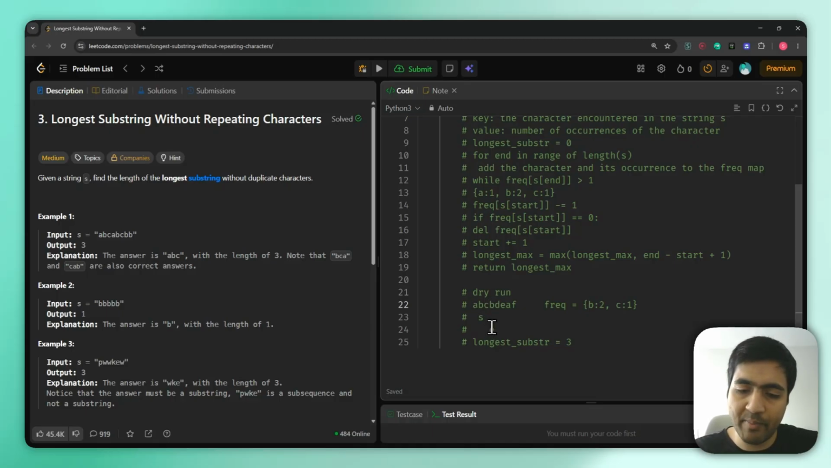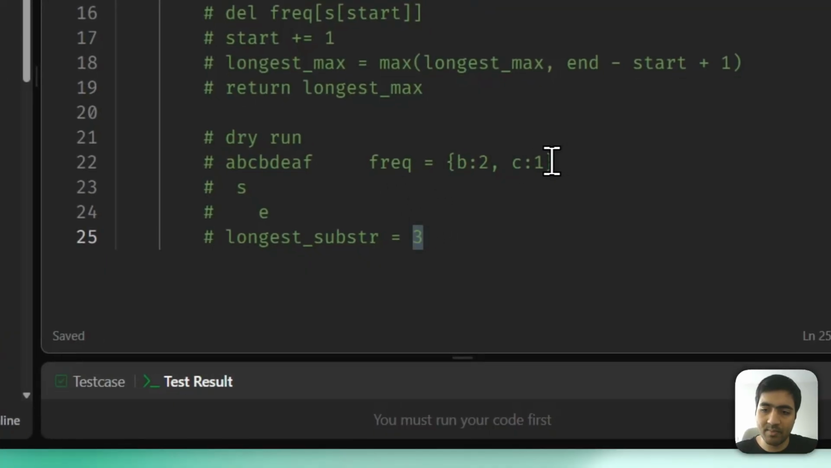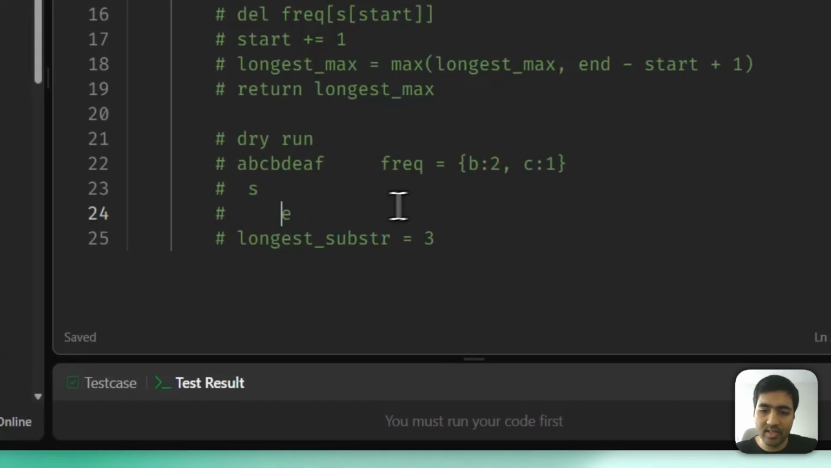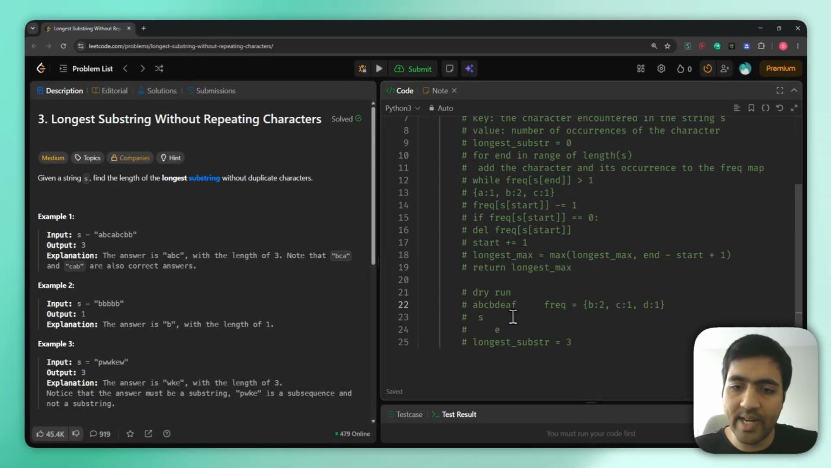Now the end pointer is pointing at 3, and the start pointer is pointing at 1. So 3 minus 1 plus 1 is 3 again. So it stays the same, the maximum stays the same. Then we move the end pointer again. We add the D character,